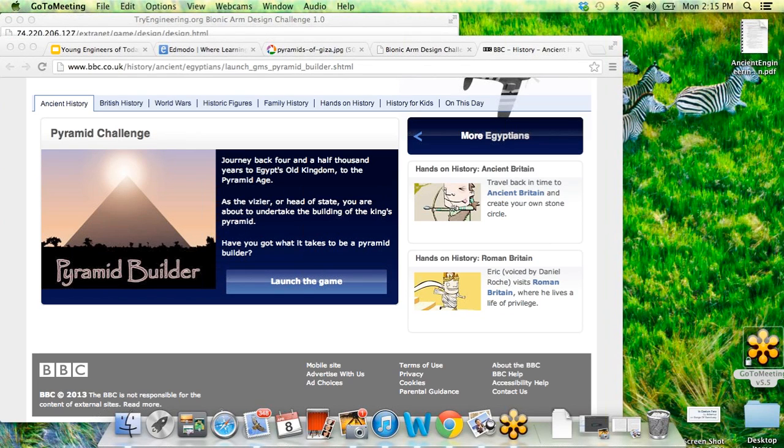If you don't have Shockwave, you can go ahead and start the pyramid game, which I believe is a Flash and not Shockwave.